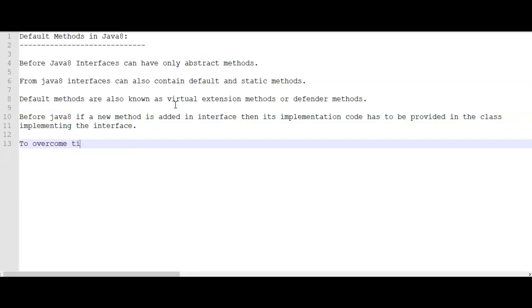To overcome this issue, default methods were introduced.